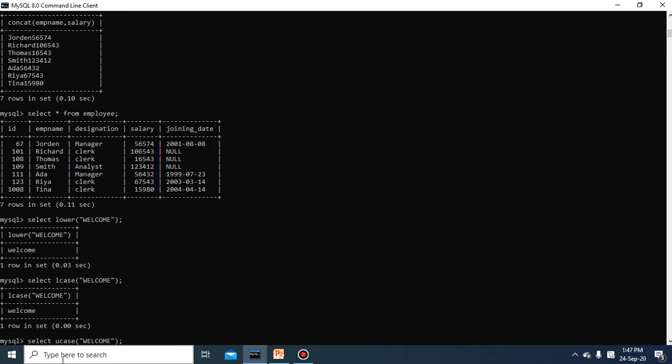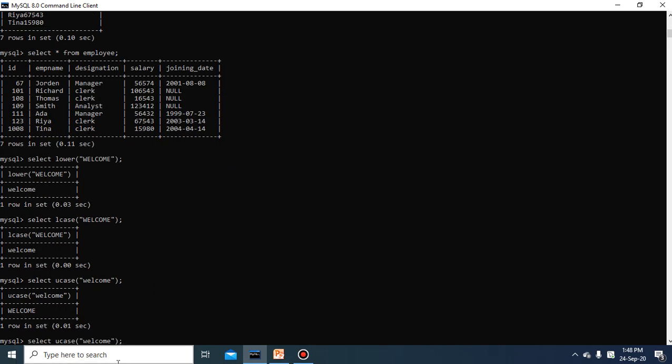Select ucase, because you use ucase to convert the string into uppercase. You will provide the string in lowercase, means you will write welcome in lower, any string you can write, and then you can see the output will be in uppercase.